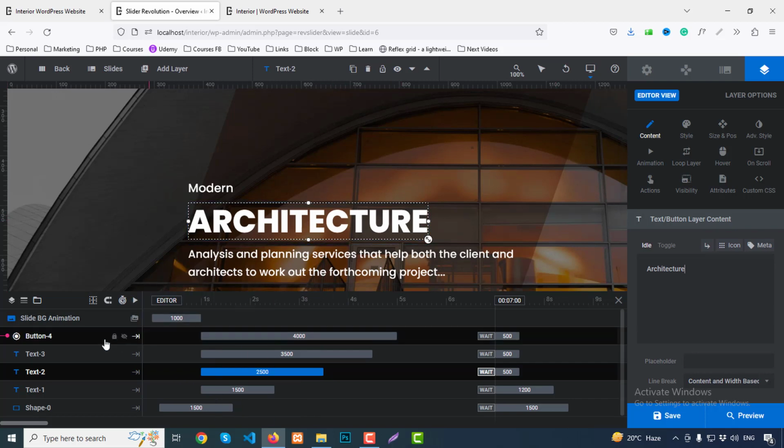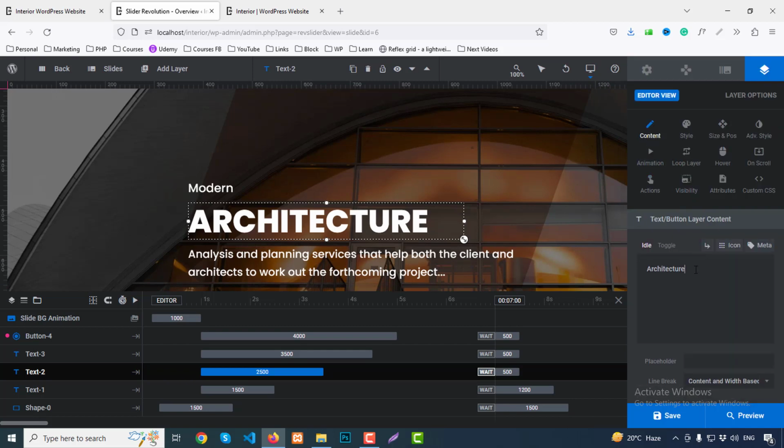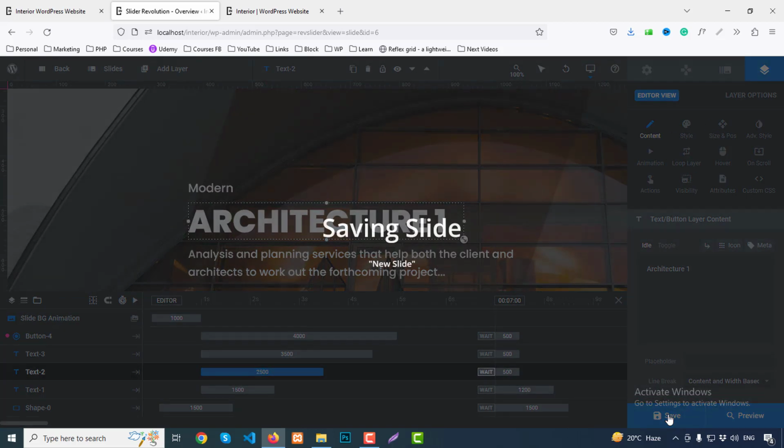If you check the text here, text 3, text 2 part, you can adjust everything here, position, alignment, center, as you wish. Then content, if you just click here, architecture 1, okay, then we can click on save